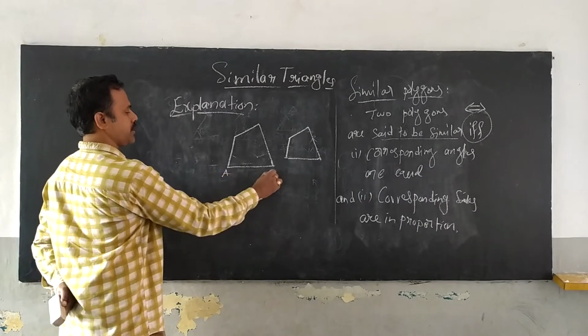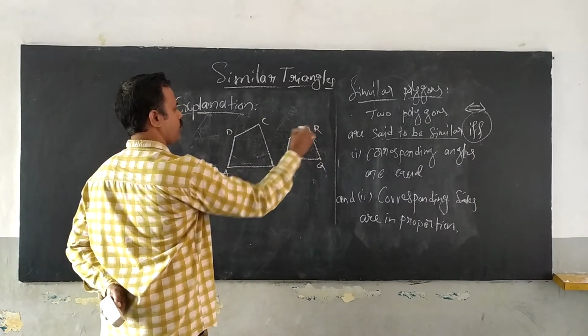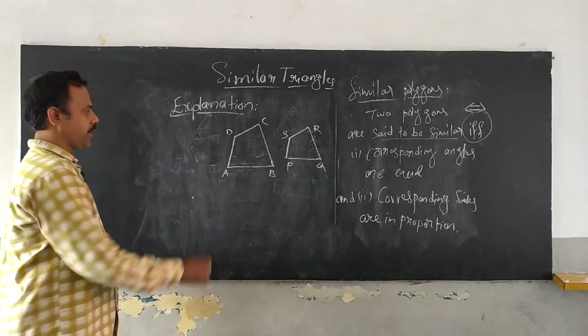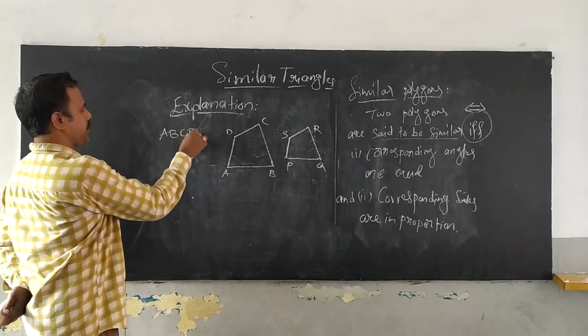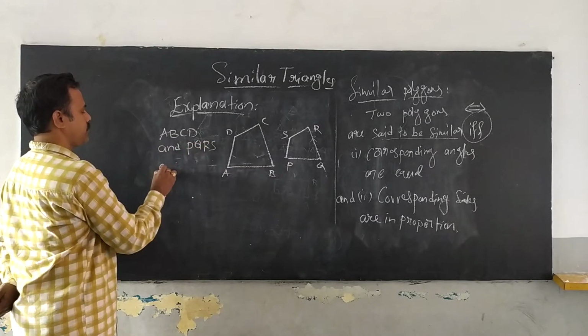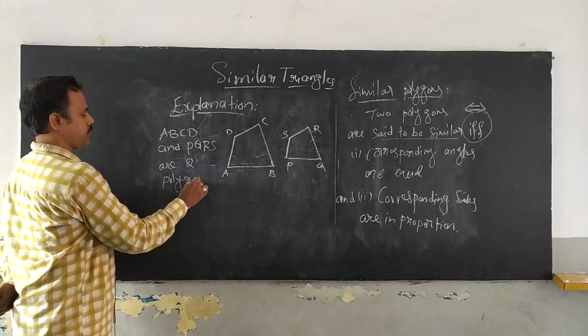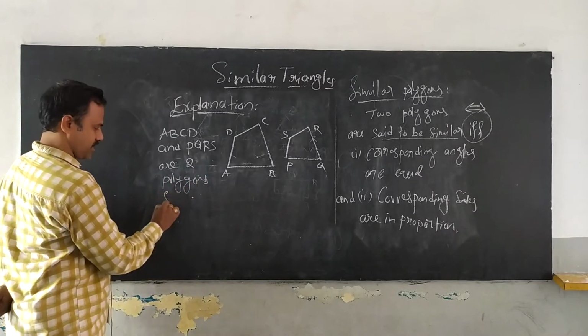Let one be A, B, C, D and another one be P, Q, R, S. So ABCD and PQRS are two polygons, such that